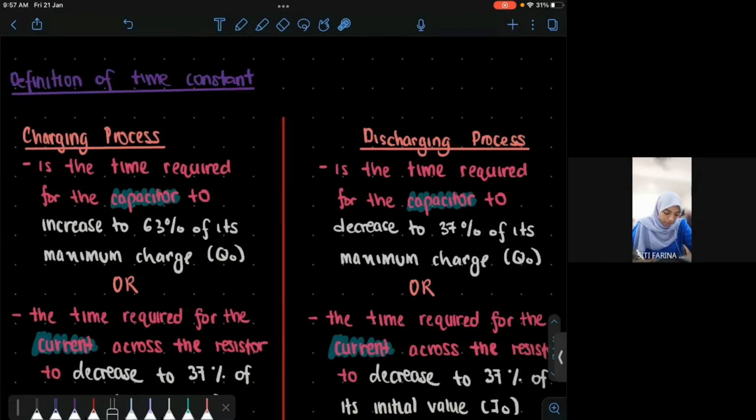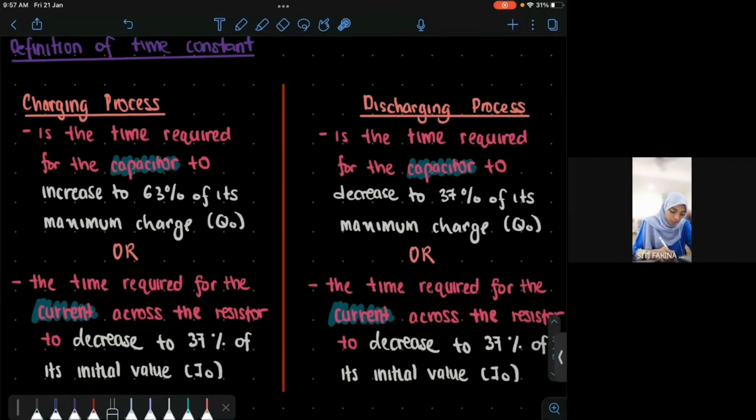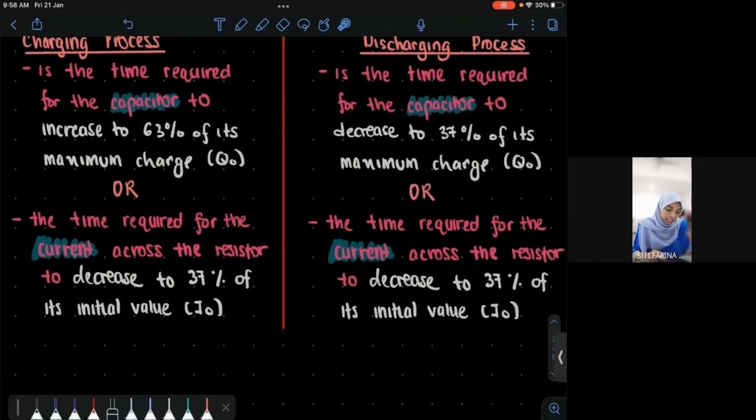Definition of the tau sebenarnya, time constant kamu, for charging process, definition dia lain daripada discharging process. So bila soalan suruh define time constant, awak tengok dia cakap define time constant for charging process atau discharging process. Kalau dia tak mention, awak kena tulis secara general. Kalau dia mention, awak kena tulis secara spesifik. Okey, secara spesifik